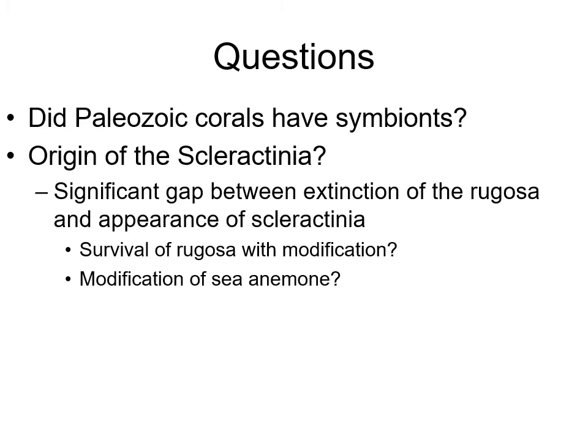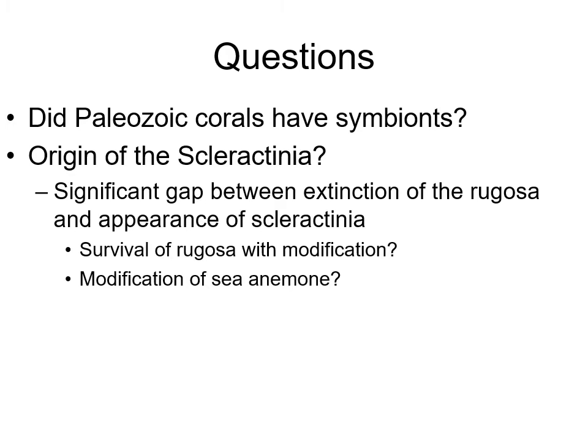Think about it. We lose most of our rugosans and tabulates at the end of the Devonian. Not entirely, but most of them. And we really don't have much for corals throughout the Mississippian, Pennsylvanian, or Permian. And it's not until the Middle Triassic that we start getting our scleractinians. So where did scleractinians come from? This coral gap,